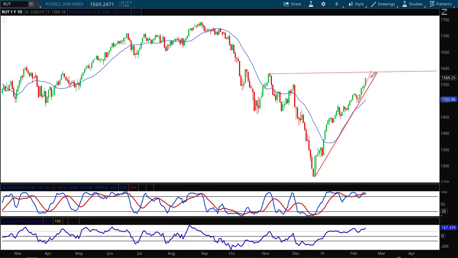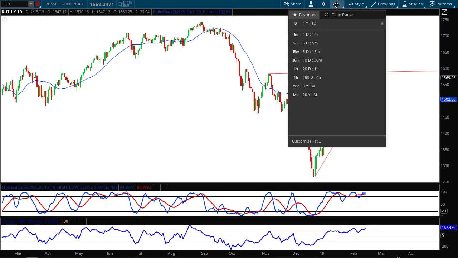I do think that next week the Russell 2000 is going to break down below both of those fan lines, and that would most likely trigger the other markets to start to sell off. So again, short term, we might see a little bit higher. Longer term, I think we're going to go lower. This is a reading that I've been getting for the past 3 weeks now.